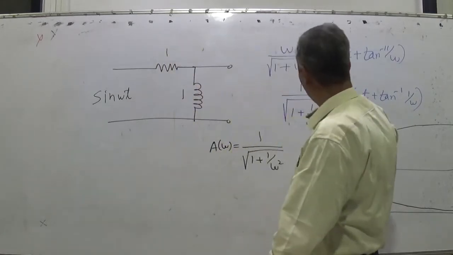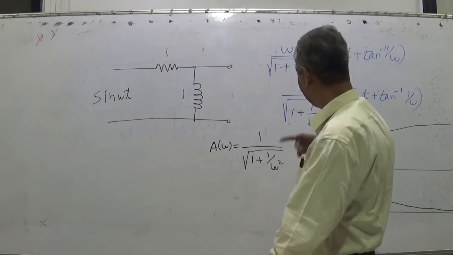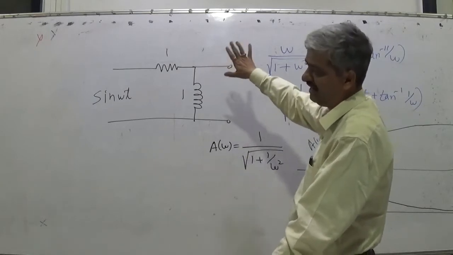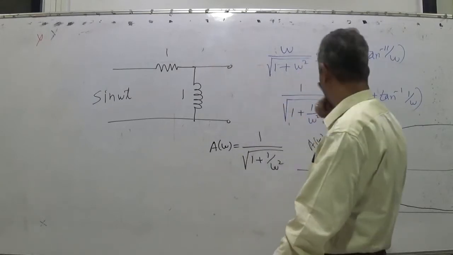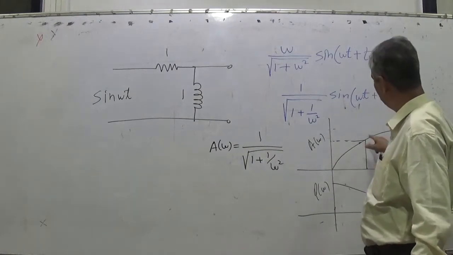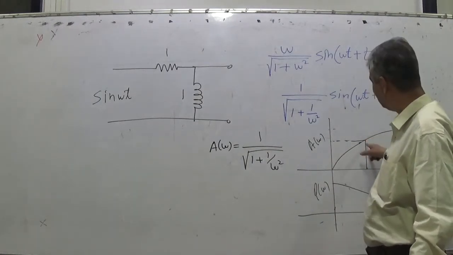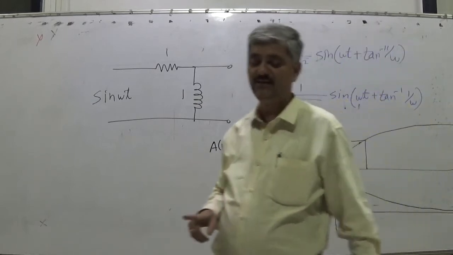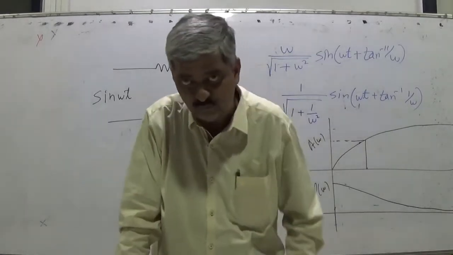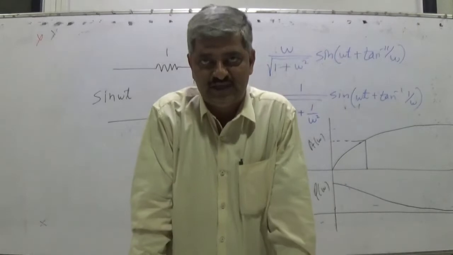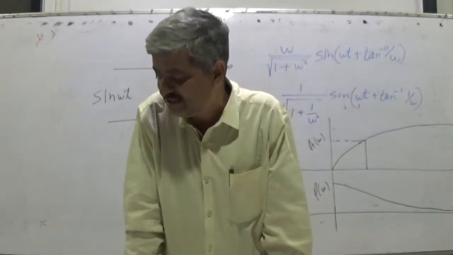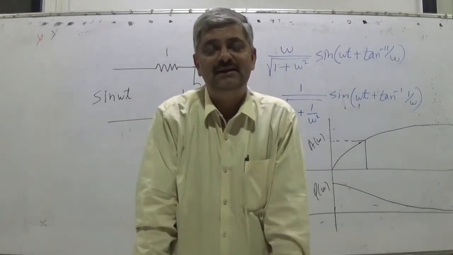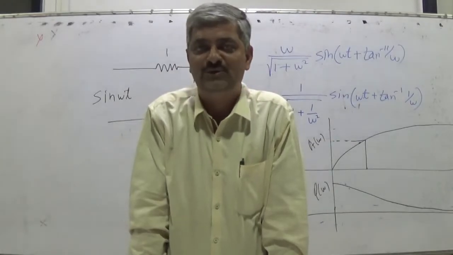The value we get here, that is at omega equal to 1, in all the passive filters, we don't use any active component. We don't use any multiplier or adder. So in all passive components, the maximum gain is 1. The frequency at which gain is 0.707 of the maximum gain, which is 1 in case of passive filter, is called the cutoff frequency. So cutoff frequency of low pass filter is the frequency at which gain drops to 0.707